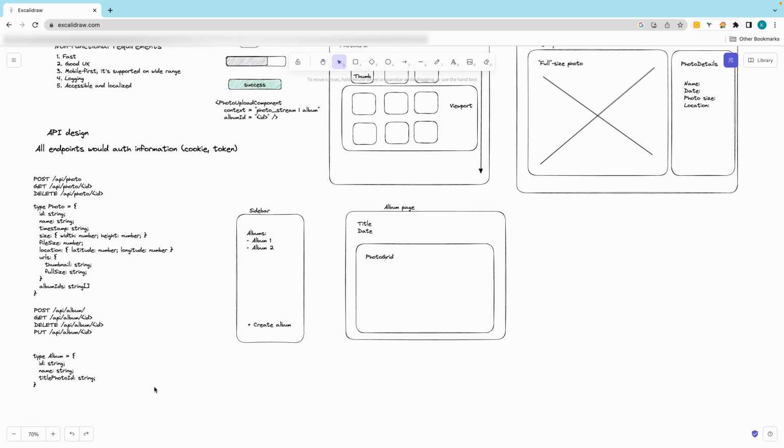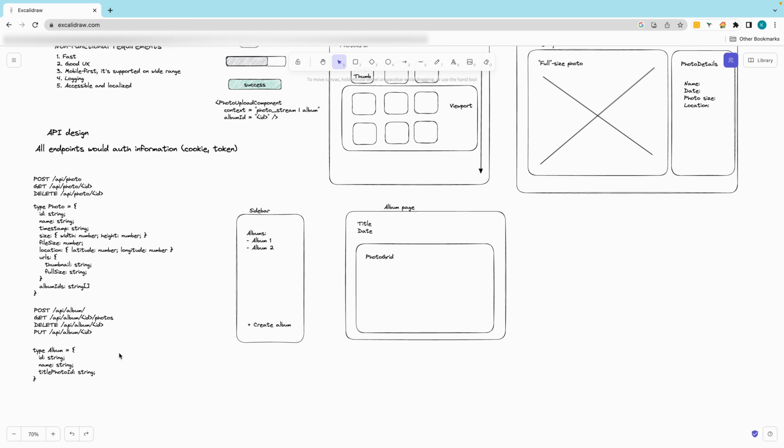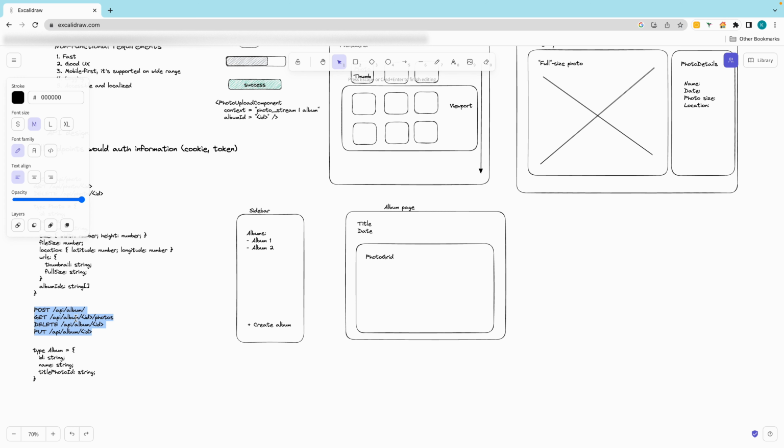We talked about working with individual things, but we need to have a list. We need to have the list of photos. We need to have the list of albums. So we'll need a few additional APIs here. First, let's talk about the albums, right? We can get the album by ID, and then we can have all the photos in that album. So this will return us a list of all photos, and